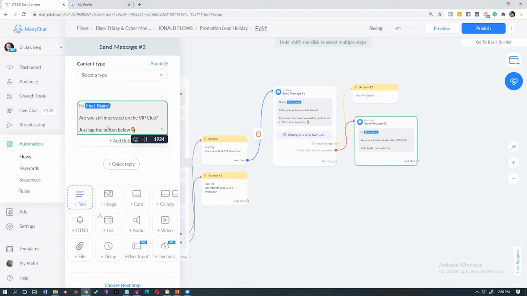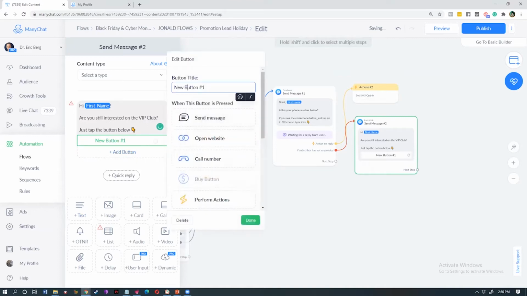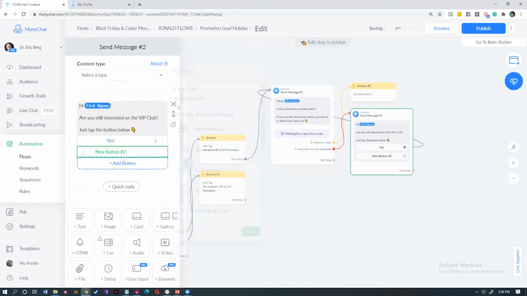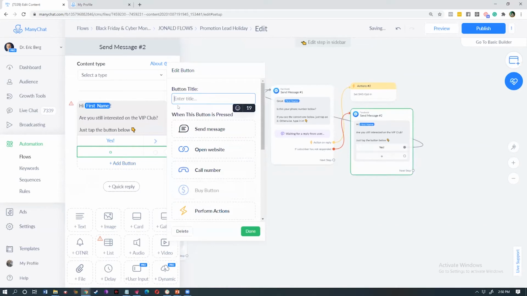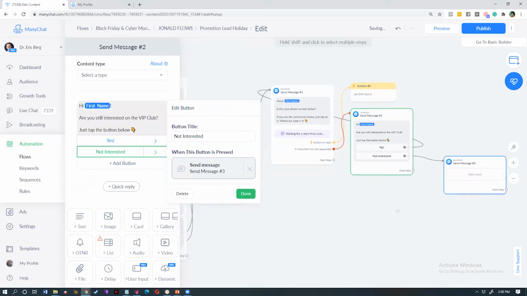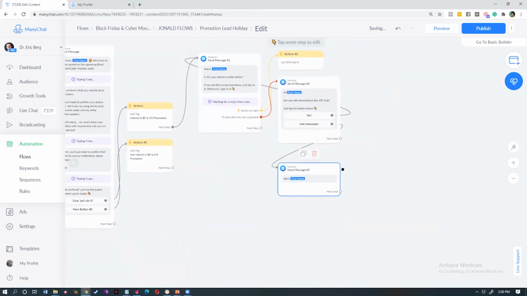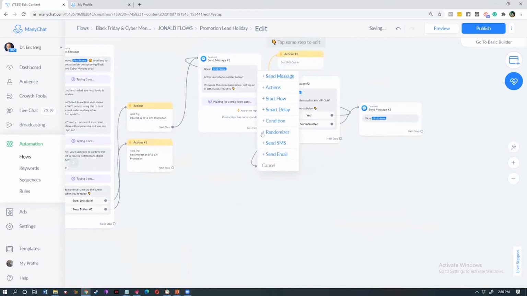And if they say yes, I'll just have them go back to add the phone number. If no, I'll just have them go to the acknowledgement message. And once they added their phone number,